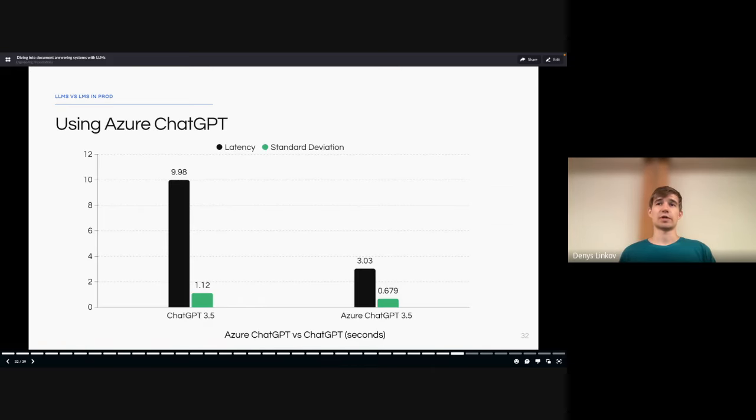So what we ended up doing after initial proof of concepts, we switched over to Azure ChatGPT to reduce that latency and also reduce that standard deviation, because we found that there was quite a bit of jitter, or the P99s and P95s requests were very, very high. So for both security and compliance reasons for some of our customers, but also for the benefit of the platform, we ended up going with Azure, and we wanted to measure what that looked like.